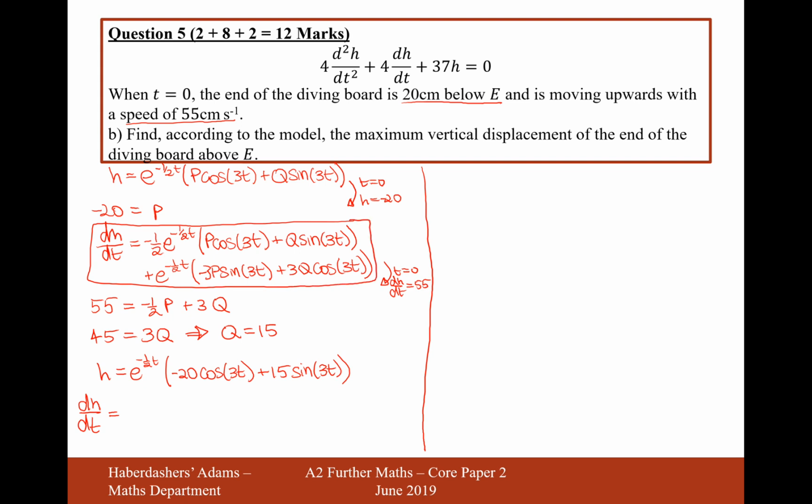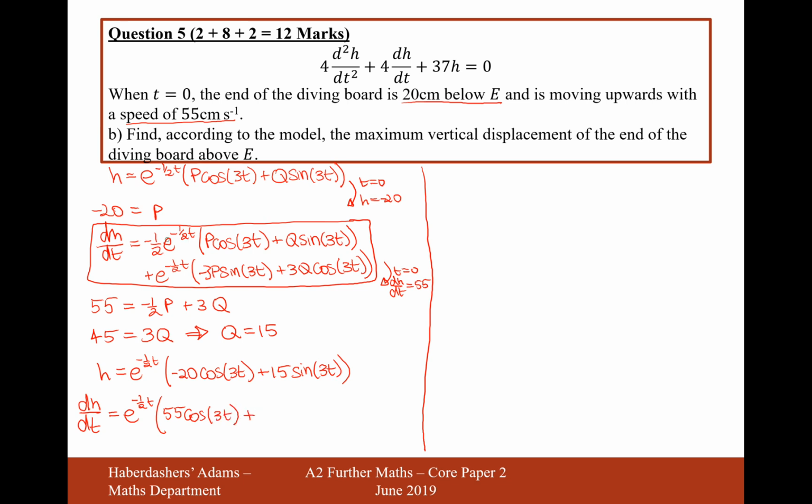So in fact I think what I'll do is I'll just start by factorising the e to the minus half t to the front, and then calculating what the coefficients of sine and cos are. So for cos it's going to be minus a half of p, that'll be plus 10, but then it's also got this 3q here, so 3 times 15, let's do that on the calculator, 3 times 15, and then it's going to be plus 10, so that's going to be 55, so 55 cos 3t,